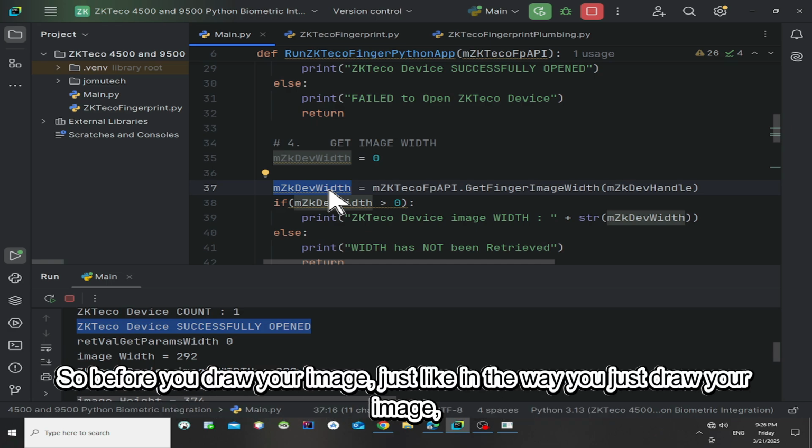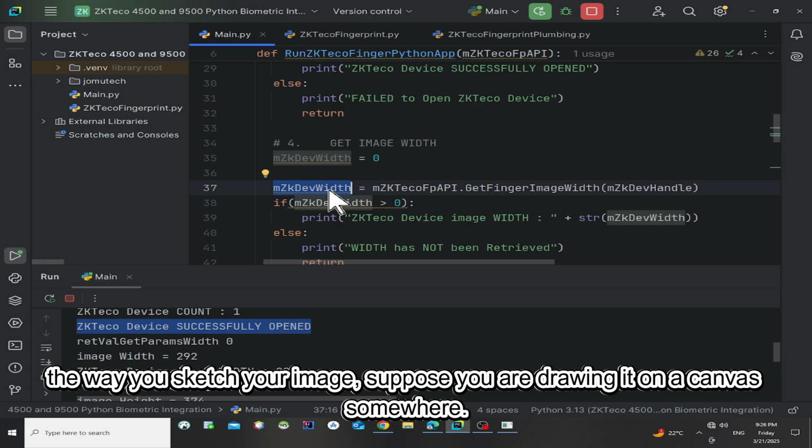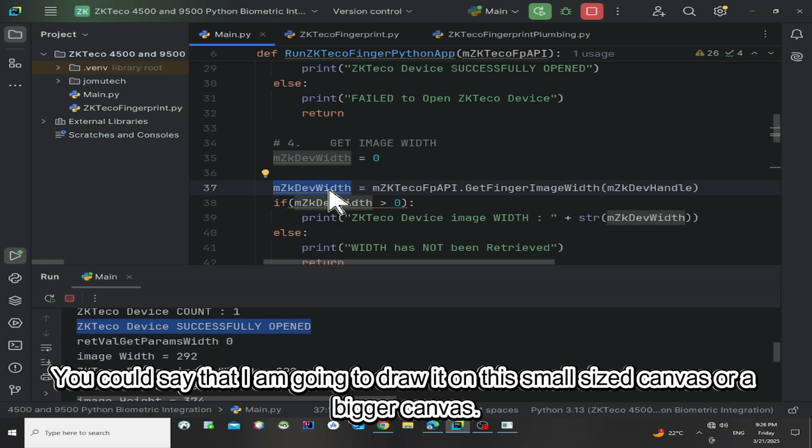Before you draw your image, the way you sketch your image, suppose you are drawing it on a canvas somewhere, you could decide I'm going to draw it on a small canvas or a bigger canvas.